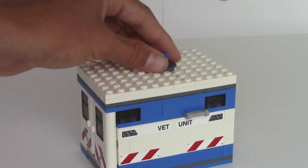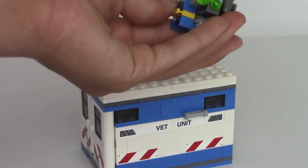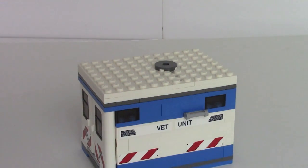Now you can take this off. You take both of these off, and I'll show you what you can use this for in a minute. Take it off and leave that on there. I'll show you what you can use that for in a minute. But now getting into it,